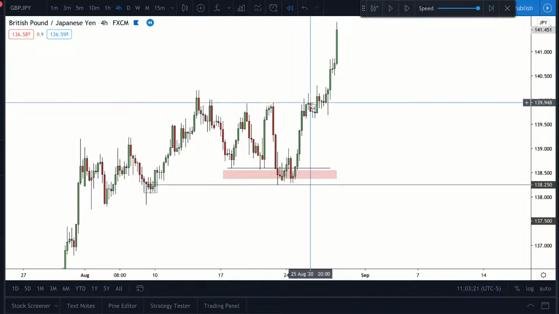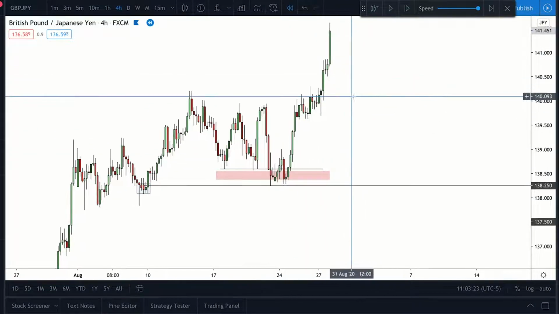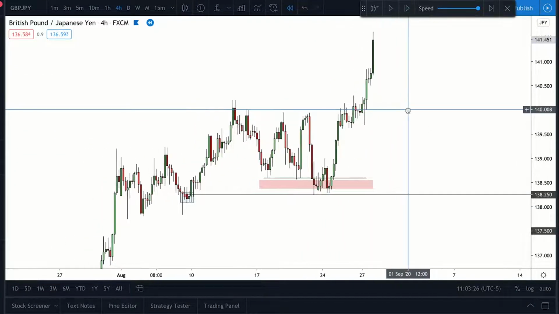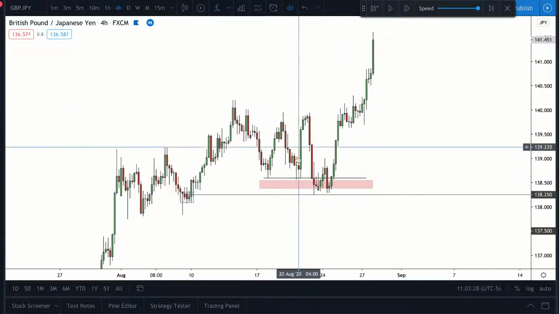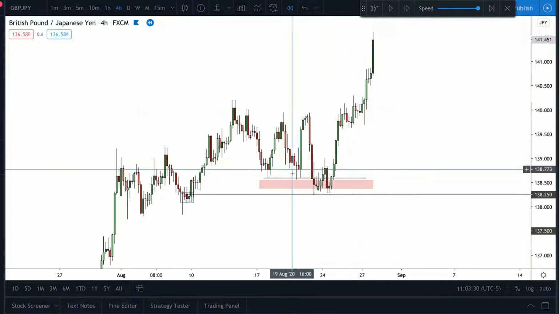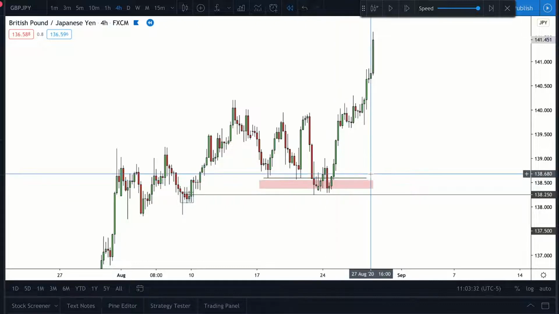So when we see a move like this, this is off the back of essentially a bank or a hedge fund or someone with billions or hundreds of millions of dollars of trading capital being injected into the market. So if we're trading on the right side of these guys, we are going to be on the right side of momentum. So I hope that that has opened your eyes to a new way of viewing the markets.